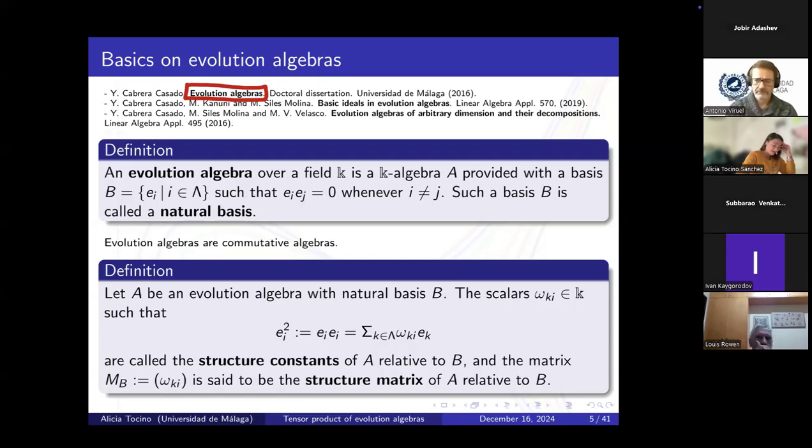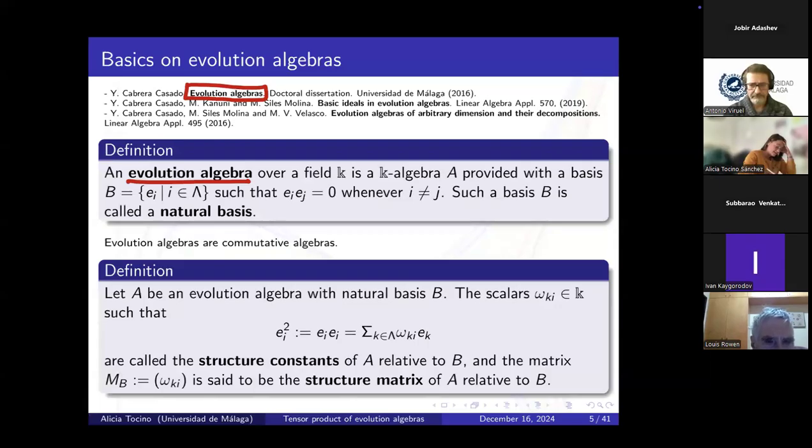She also published two papers together with Mercedes Siles Molina and María Victoria Velasco, who were her advisors in the PhD. So we will say that an evolution algebra over a field K is a K-algebra provided